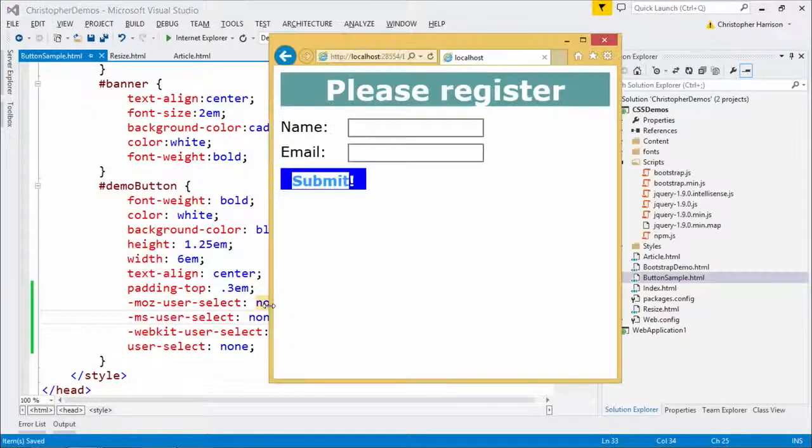There we go. Okay, hit refresh. And now you'll notice I'm trying to select, and I can't. That was cool. Very easy. Now, the other thing that I'd like to do is get rid of that little bar cursor there,